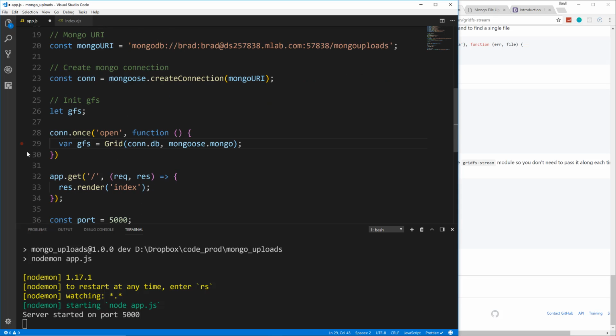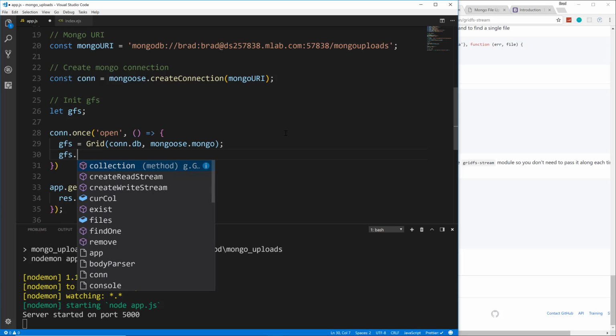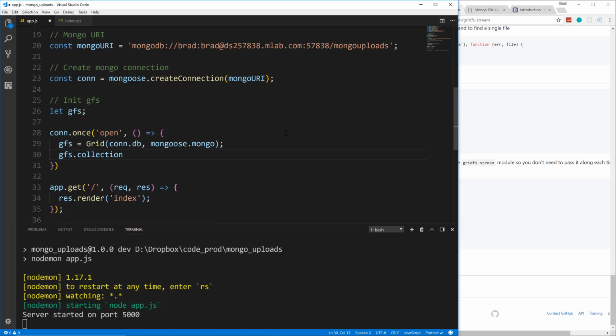All right, and let's just change up some things here. I don't want to use var. Actually, I don't want to use anything because I already initialized it right here. So we don't want to declare it again. And then I also don't want to use a callback. I want to use an arrow function. Just preference. And then what we want to do is take the GFS and we want to do .collection, and we want to specify what we want to use for a collection name, and I'm going to use uploads. Remember we saw uploads.chunks and uploads.files in our database. This is what determines that. All right, so now that we did that,